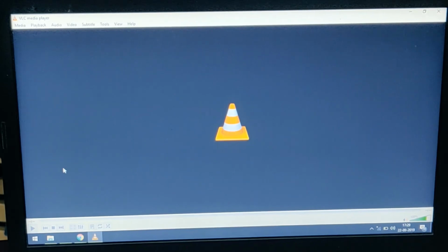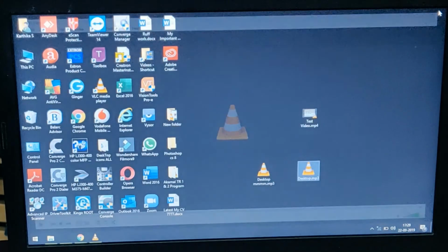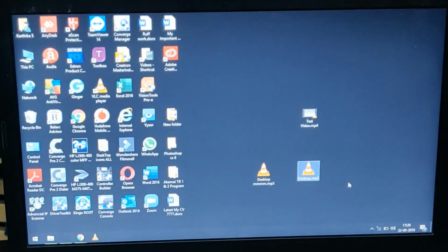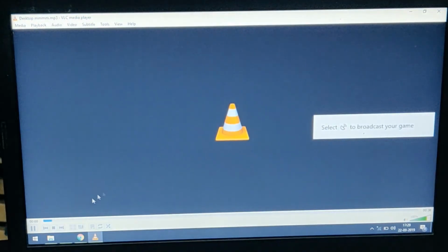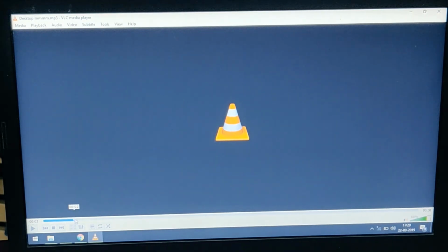See, in this original audio there is background noise throughout the entire video. So let me check the filtered audio. Is there any difference? Let's see. See, here the audio has already started, but still there is no noise.